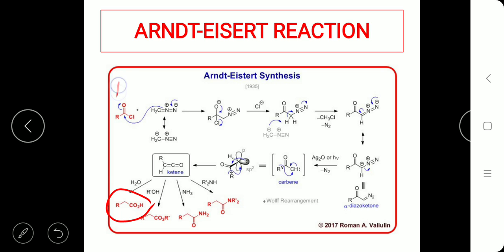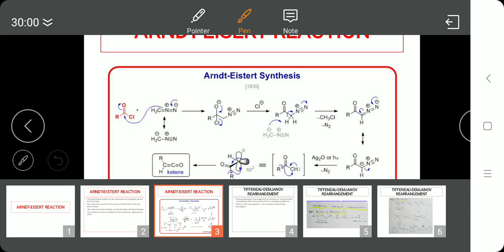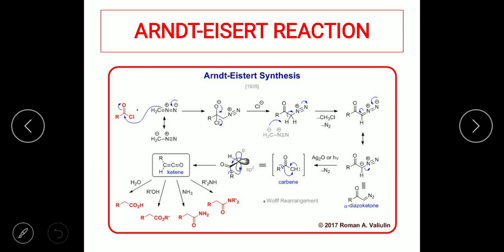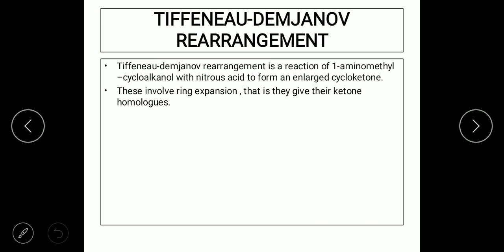So first here you had a carboxylic acid RCOOH, and on reaction through the Arndt-Eistert synthesis, the reaction gave rise to another additional carbon atom. That is, now it is RCH2COOH. That is nothing but what we call the homologous acid. So from the carboxylic acid, it is going to give rise to the homologous form of the carboxylic acid. So this is about the Arndt-Eistert reaction.